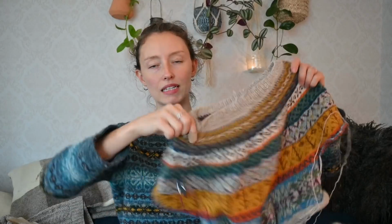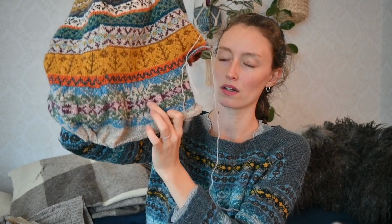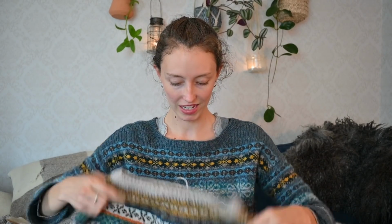I have completed the yoke, and I've separated for the sleeves. I have completed the last colorwork section, and now I've started to knit the body in plain stockinette. And I'm so happy that I finally came to this stage. Now it's not so much more work,